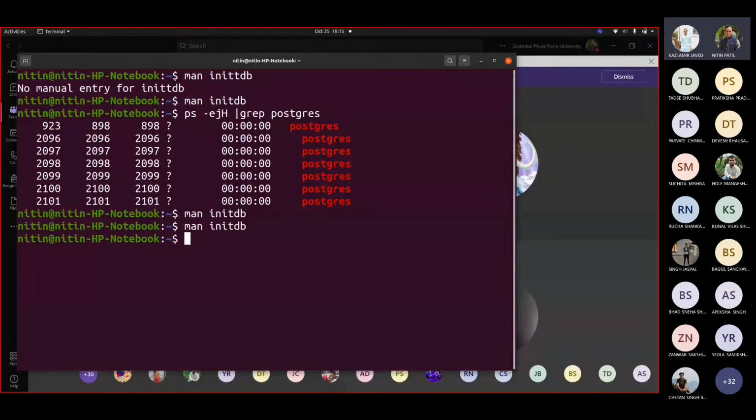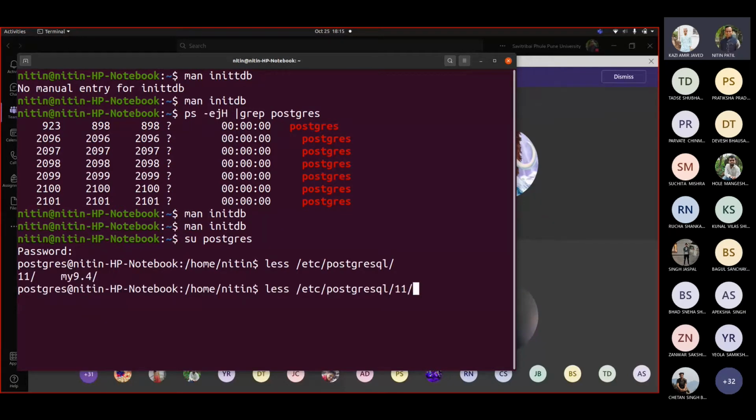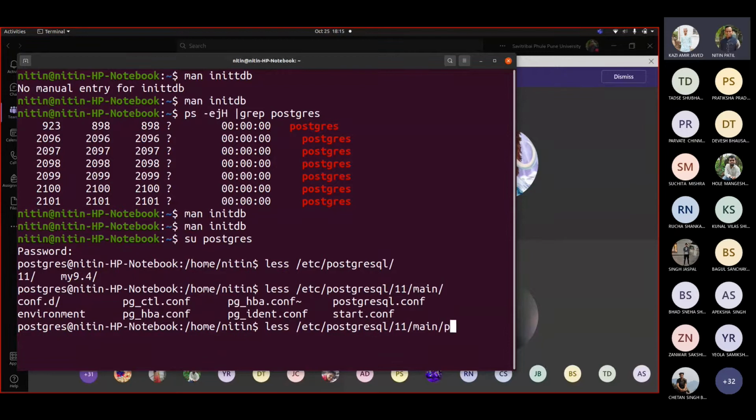If I see the file, let me go with Postgres, /etc/postgresql/11/main/postgresql.conf.